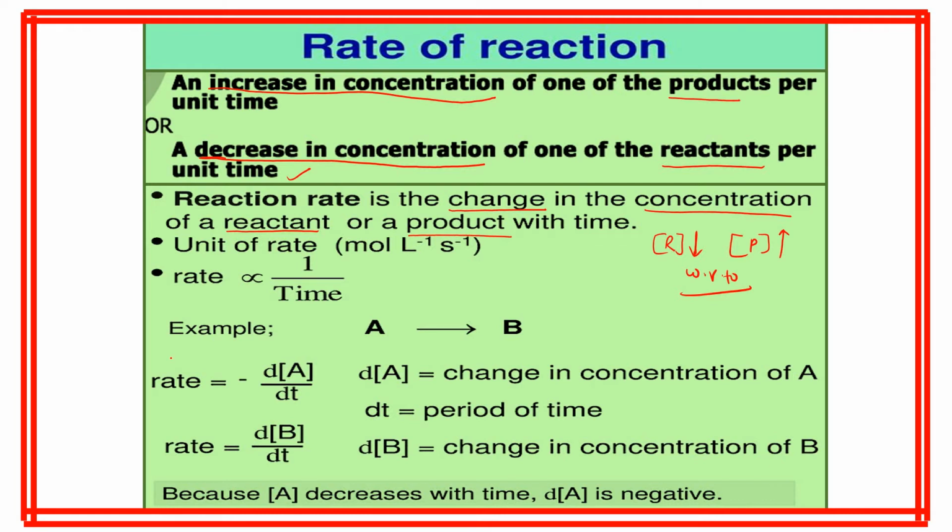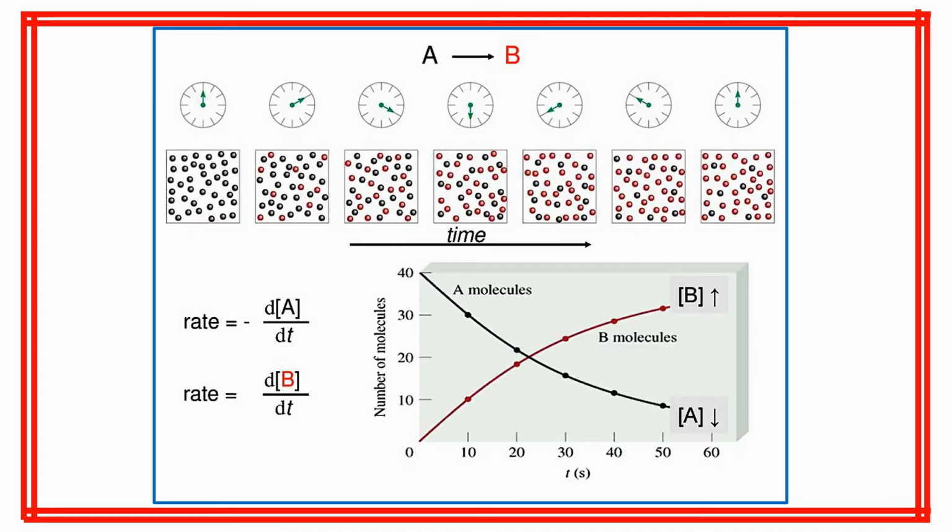Now you observe here rate. We explain this by taking a very good example. Now a reaction is there, A converting into B. This one is the reactant. This one is the product. Now in this reaction, with respect to time, how A is converting into B with the different concentrations.